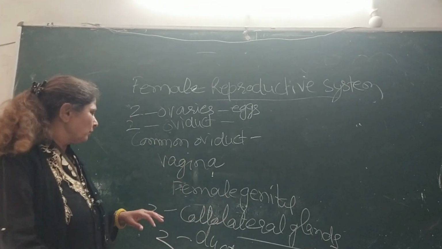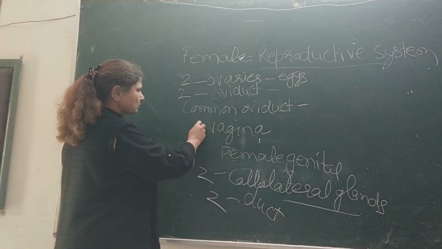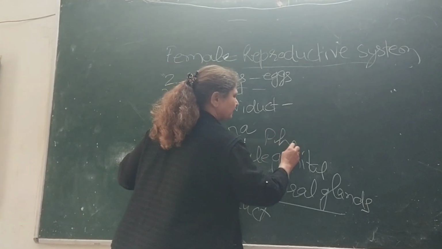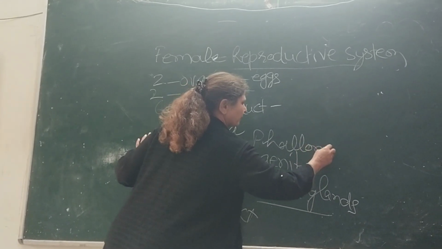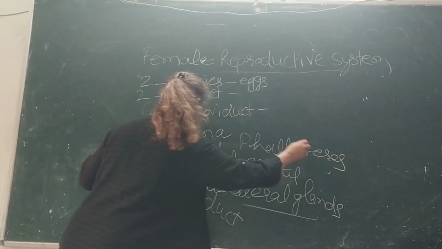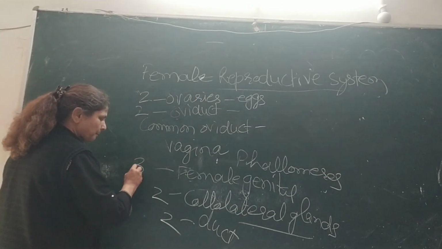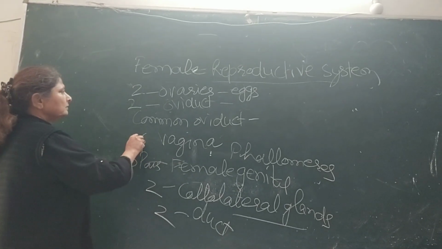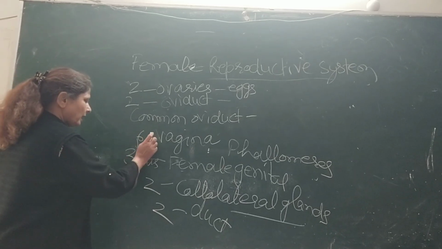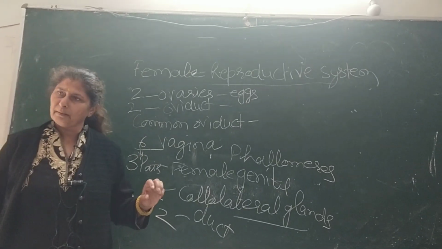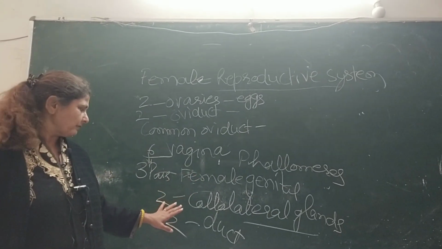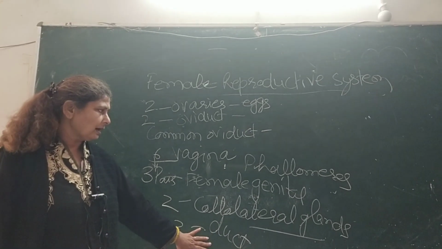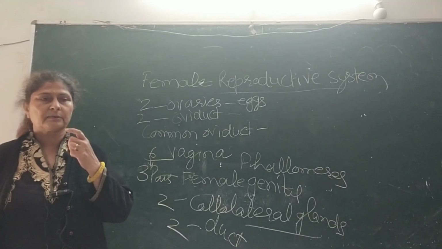Okay, I have told you these external genitalia, or its second name is phallomere. These phallomeres are 3 pairs, means they are 6 in number. Is this clear to everyone? Then there is one additional structure present,